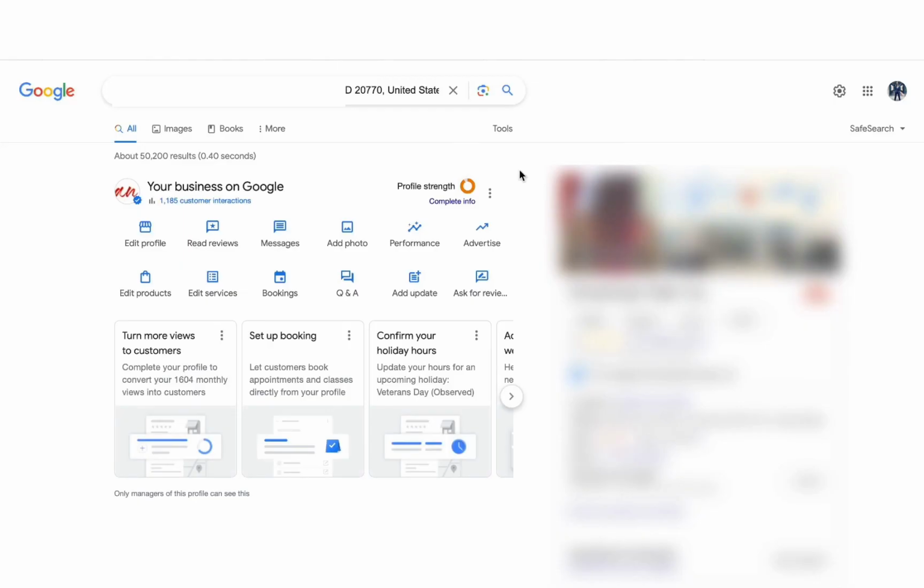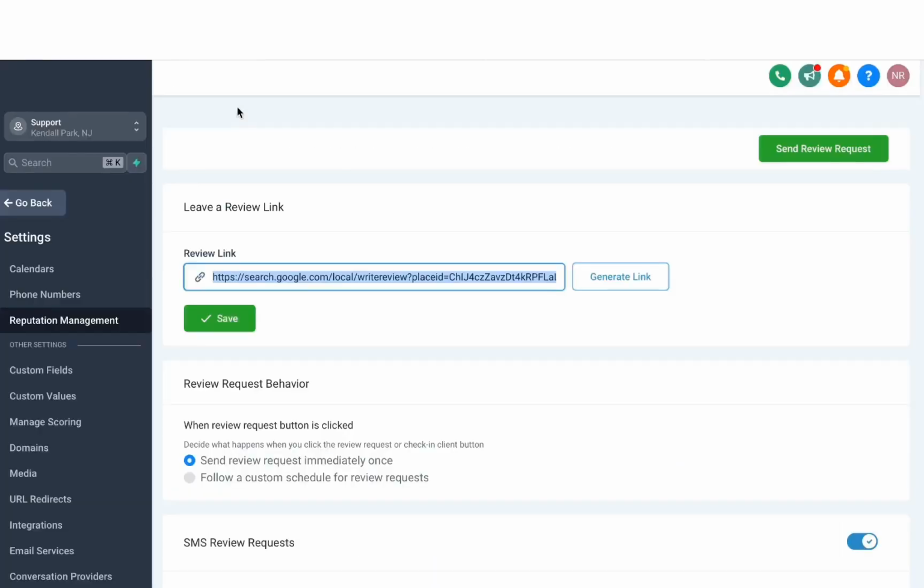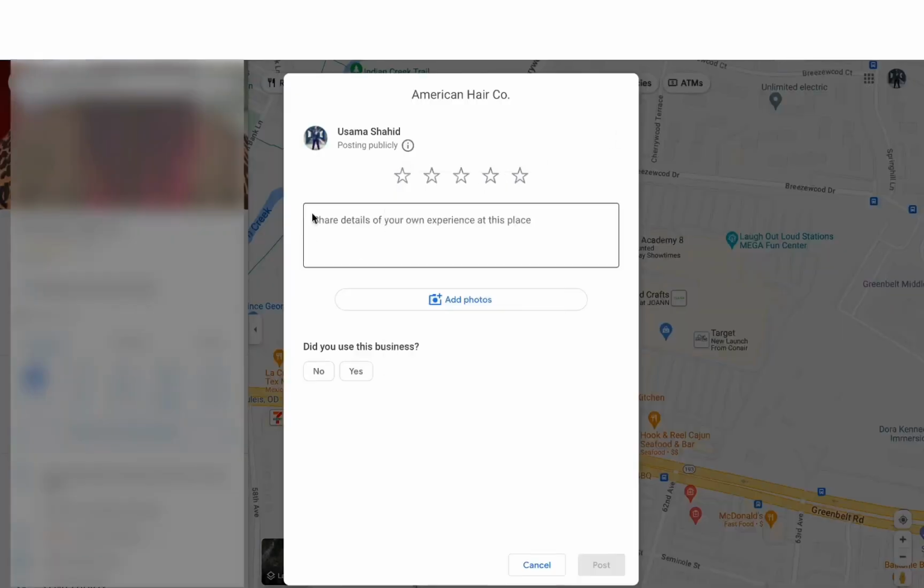Now, if you want to take this one step further, what you can do is go to your Google Business Listing settings and then click on Ask for Reviews, and then it will give you a short link that you can use. So just copy that, head back to Reputation Management in the system, and you can replace the link with the one that you have now and hit Save. So this link is a bit of a shortcut. When you send a review request and people open it, it'll open something like this, where you can leave a review right away, rather than sending them to the business listing, and they have to click to get to the